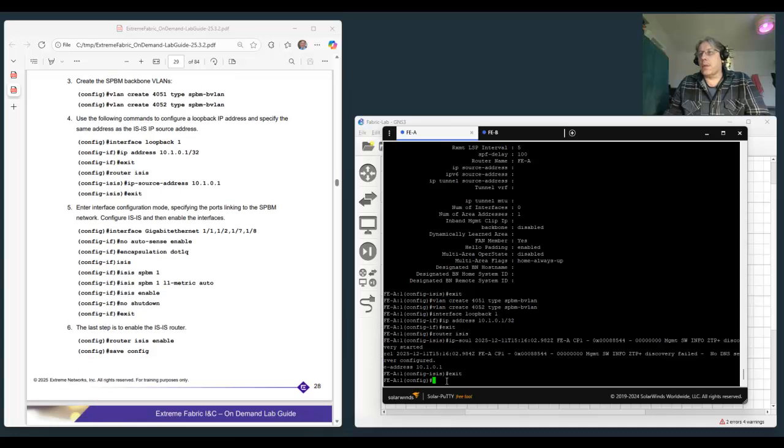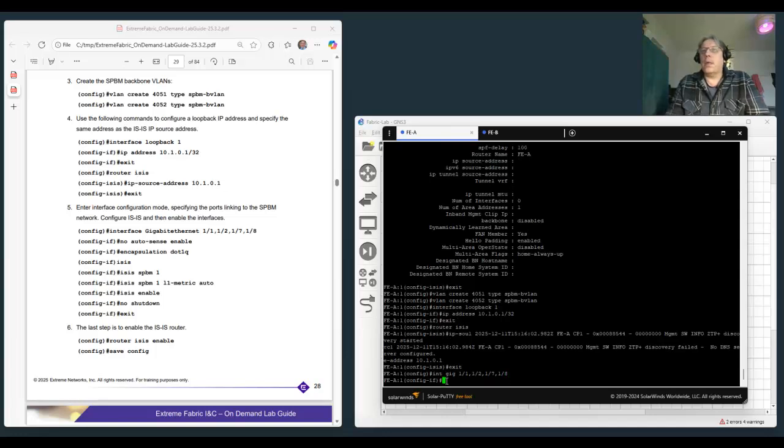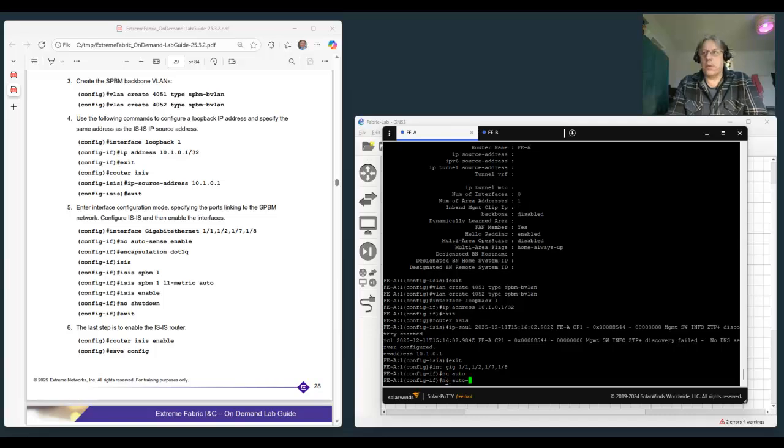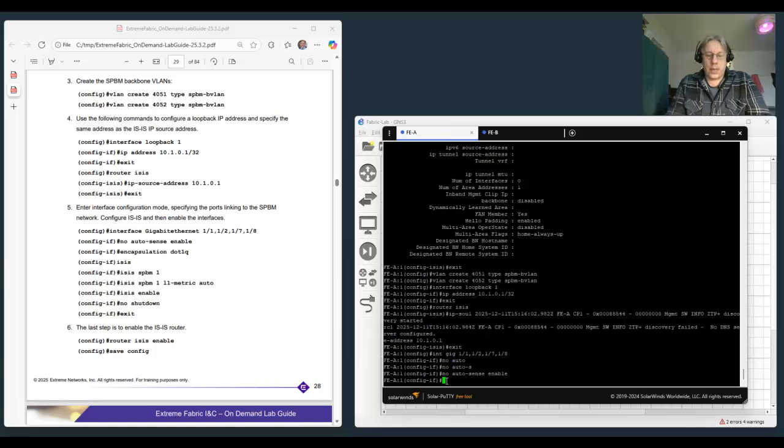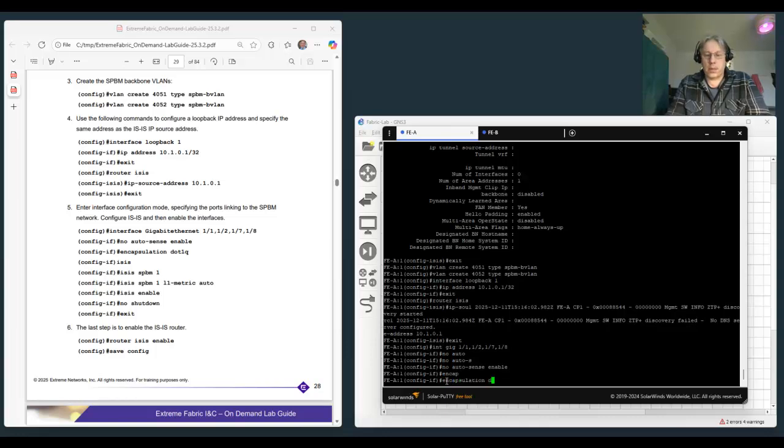And then it wants us to go into the following interfaces: 1.1, 1.2, sorry, 1.2, 1.7, 1.8, and we're going to turn off auto sense. Enable. Turn on encapsulation dot1q because we're going to have to support multiple VLANs. This is how we do tagging